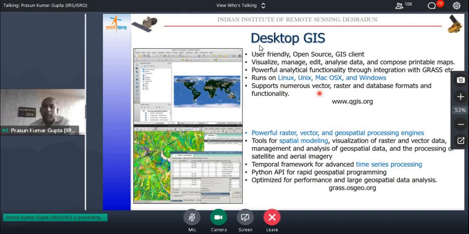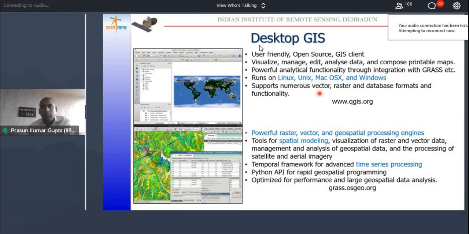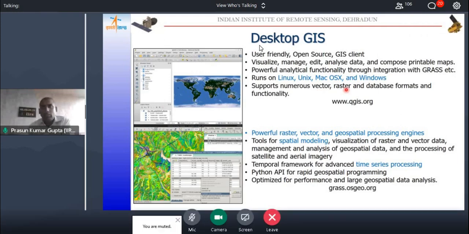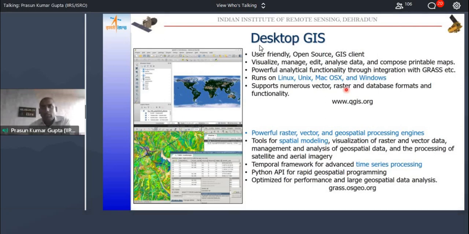legacy formats like. For example, most of the satellite data comes as TIFF, modis data comes as HDF, certain meteorological data comes in netCDF, then ERDAS IMG files.